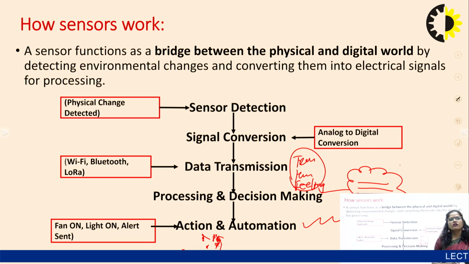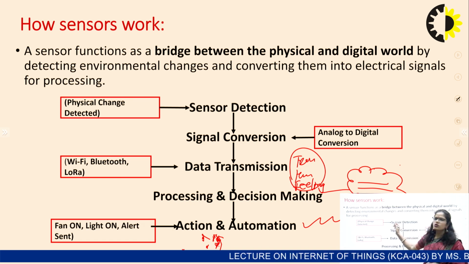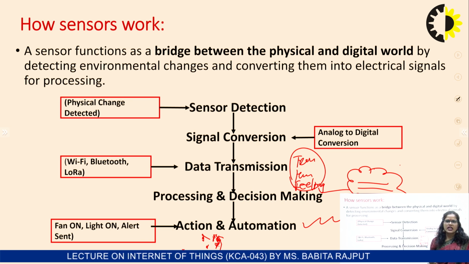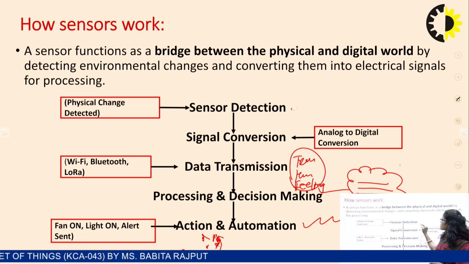The first step of the sensor is detection, observing and measuring the value from the real world, right. So if I'm using a temperature sensor, what is the role of the temperature sensor? To observe the temperature of the day, of the night, of the afternoon, of the evening. As the time changes, the value of the sensor also changes, right. So the first step starts with sensor detection. Detection is nothing but observing the values and the information as they change over time, right.